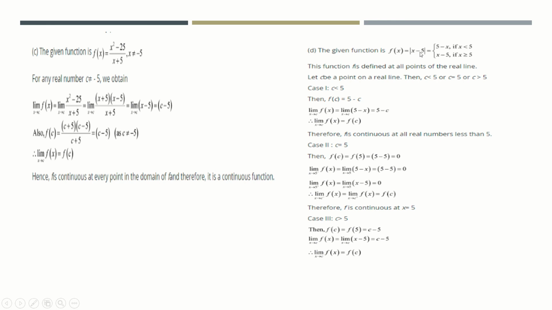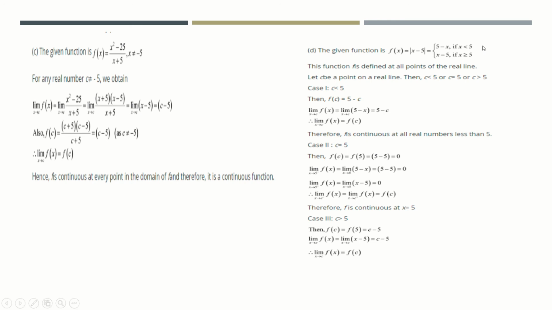So plus x minus 5 and minus x minus 5. Minus x minus 5 can be written as 5 minus x. So 5 minus x if x is less than 5, x minus 5 if x is greater than or equal to 5. Here it is given as an interval. When it is given as an interval, I have to use left hand limit and right hand limit. So first case I will take x less than 5, x equal to 5 and x greater